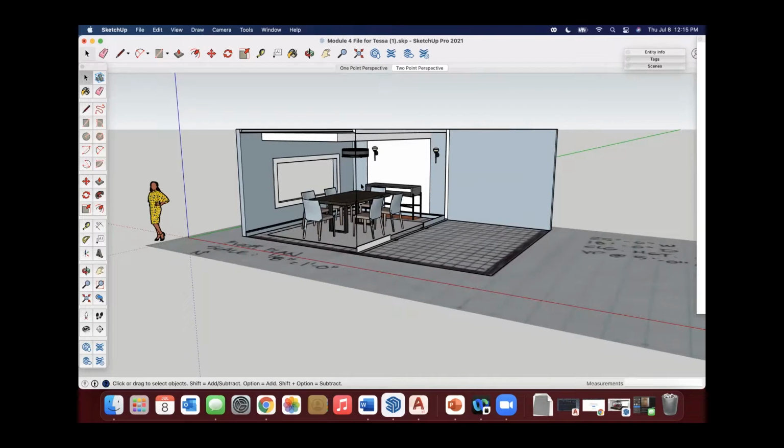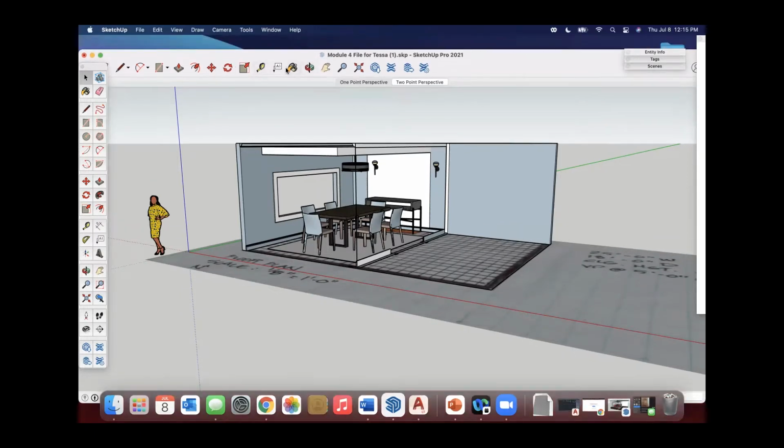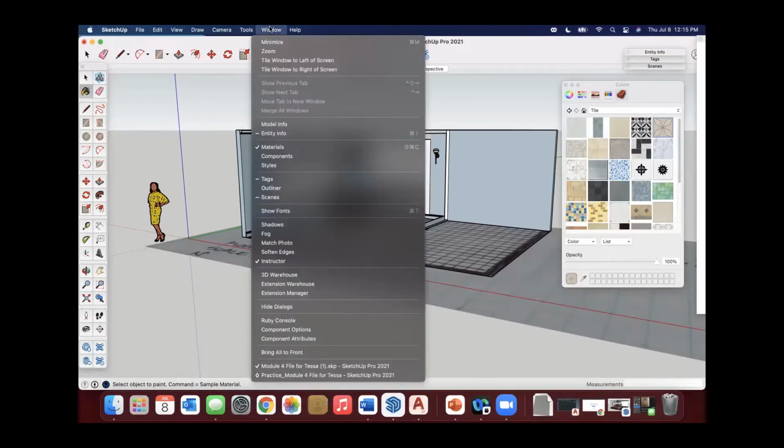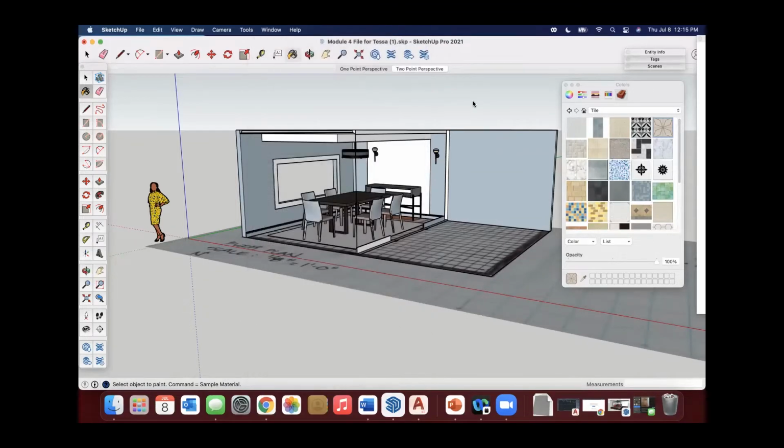And we are going to start to apply the materials that I brought in and made a list in the previous video. So if for whatever reason your paint bucket or your list is not up, like in your floating palettes over here, you can easily get that back by coming right here to your tool set up, and you can click paint bucket. And you can always go up to Window as well and bring it in by selecting Materials, and that will open it too.